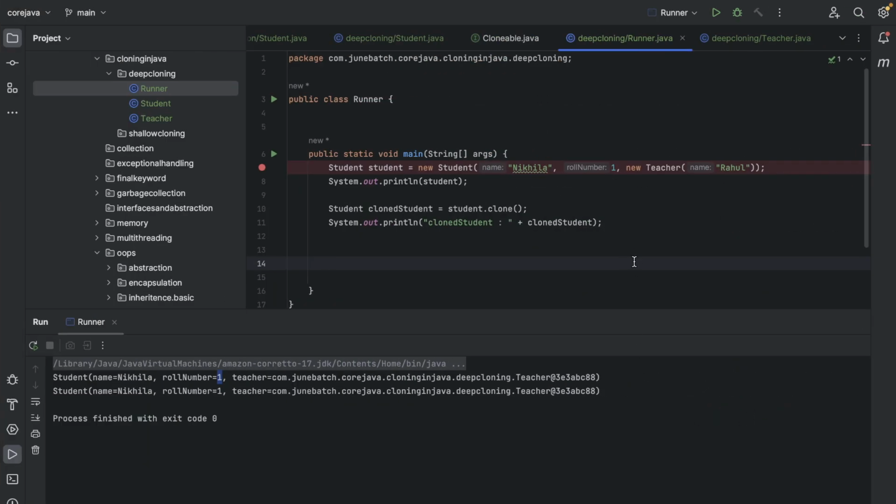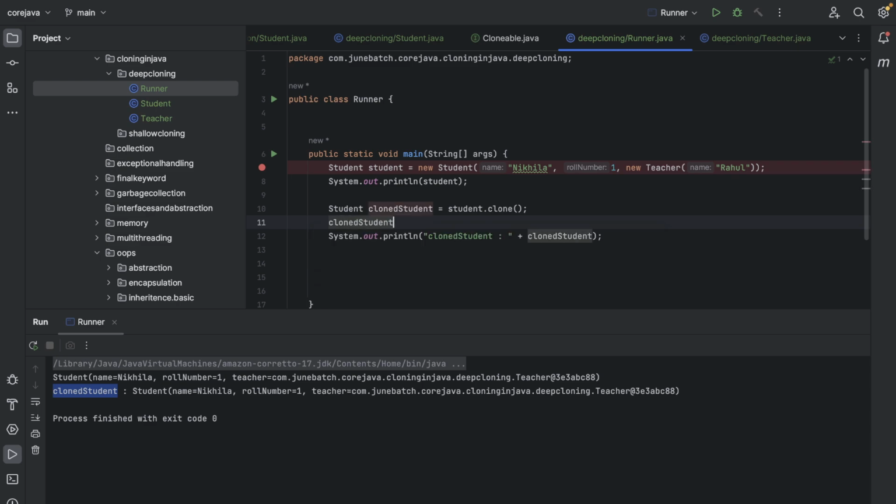All right, so I restarted it again. Let me run it again. Nothing new, just a normal student named Nikhila with roll number 1, and the teacher is this. Both teachers are the same. I have just stored it as a clone student. So if I operate on the clone student and use set name, changing Nikhila to Shamila, and then run it,